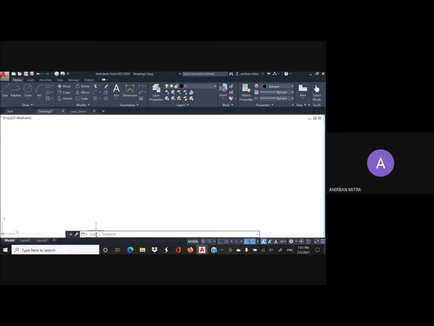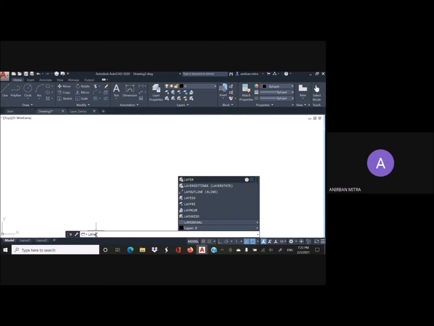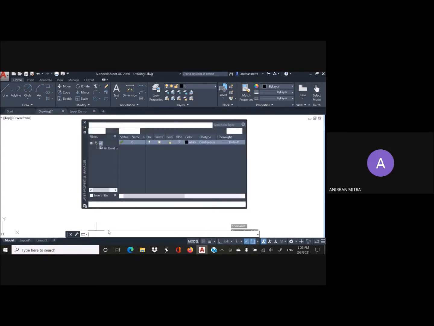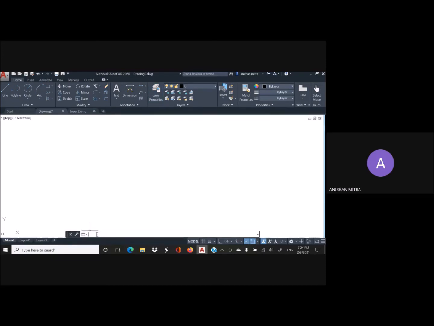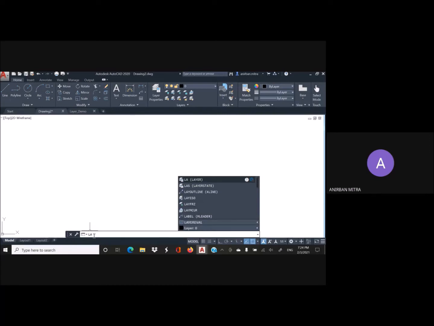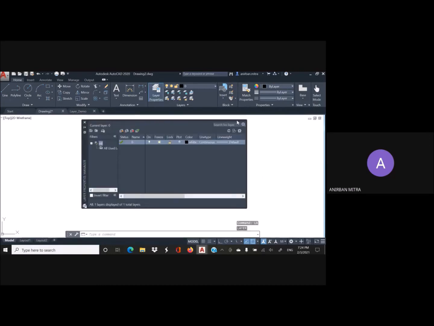So here is the command prompt right at the bottom of the screen, and if we write layer, this is the layer command that opens the same Layer Properties Manager window that we had obtained by clicking on the layer properties button. One can also write the shortcut for the command, that is LA, as you can see here, and hit enter, and that will again bring us to the Layer Properties Manager window like this.